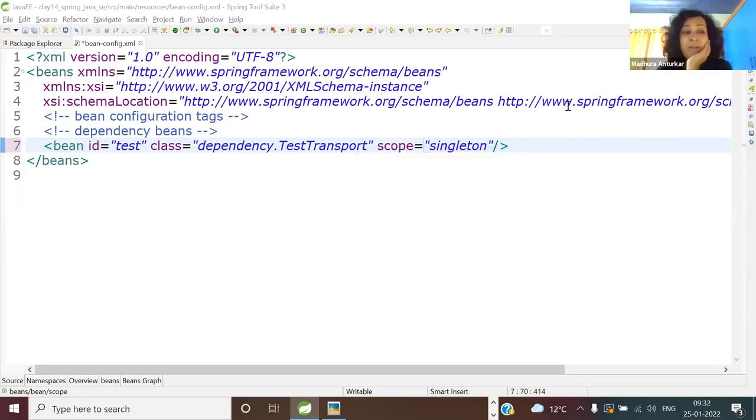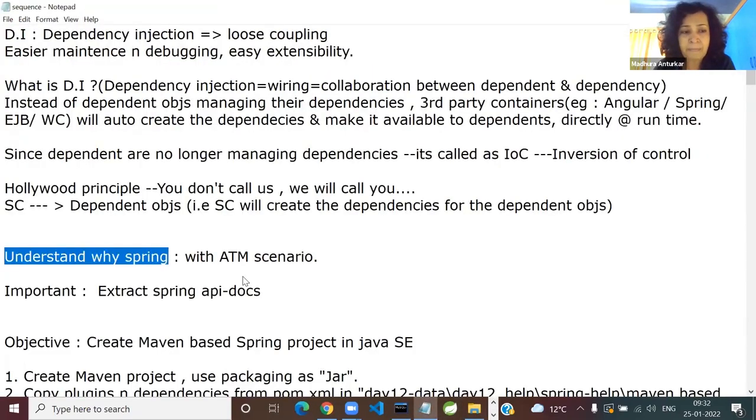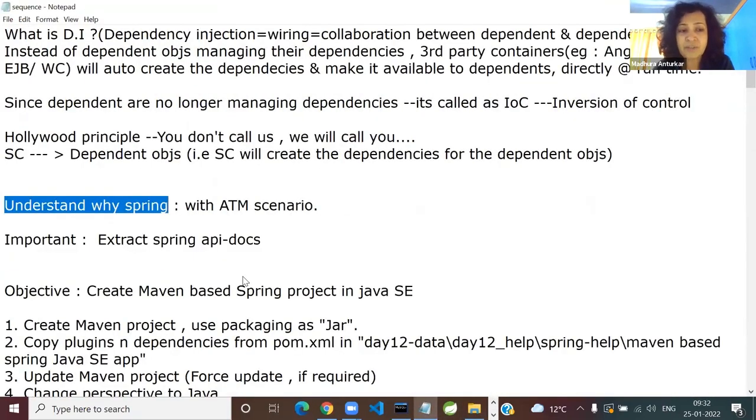Simple question. Of course, single. And do I have to mention scope equal to singleton? Of course not. The default scope itself is singleton. Are we understanding this? There is a write-up here, which I'll share with you later.